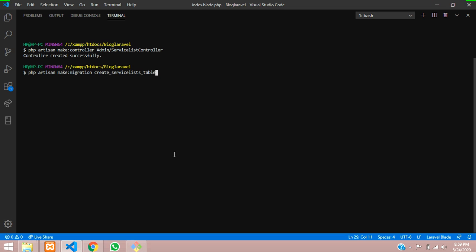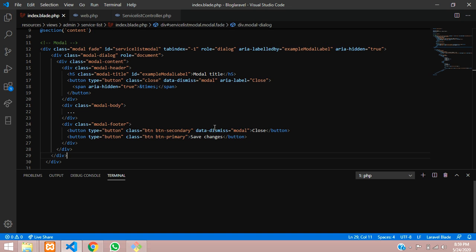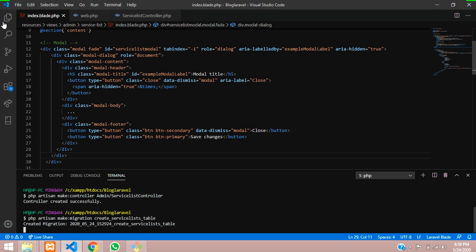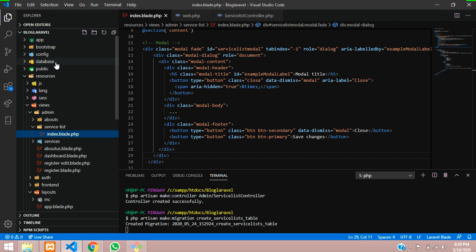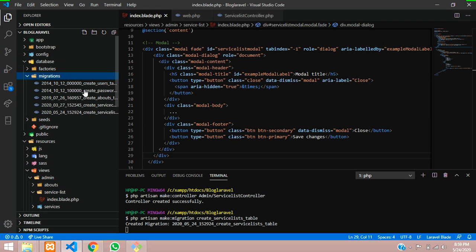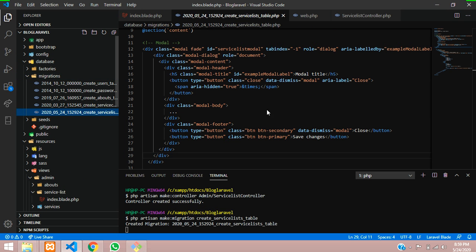Make sure it is plural. Yes, it is added. Okay, so hit enter and your table will be generated. So guys, the table is created successfully. Let me minimize this command, and yes guys, let's go to our database. Inside our database migrations, at the last we are getting this list table.